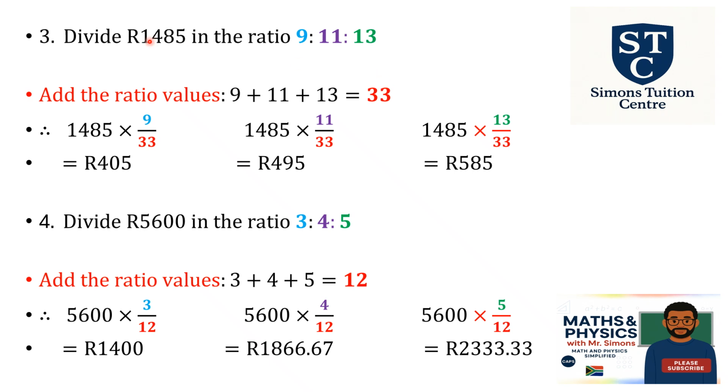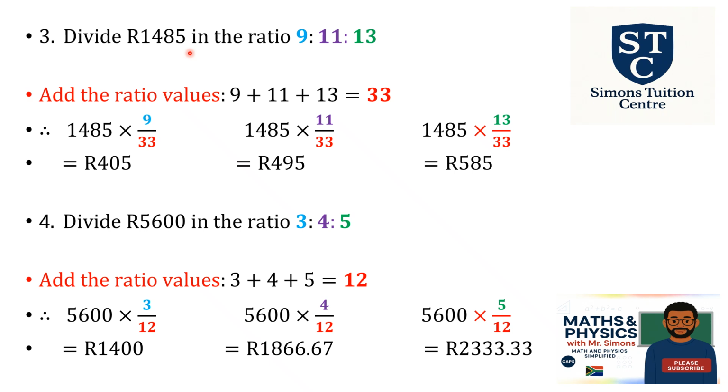Now I'm going to say 1485 times 9 divided by 33. 1485 times 11 divided by 33. 1485 times 13 divided by 33. So 1485 times 9 over 33 gives me 405. 1485 times 11 over 33 gives me 495. And 1485 times 13 over 33 gives me 585. If I say 585 plus 495 plus 405, it must still give me